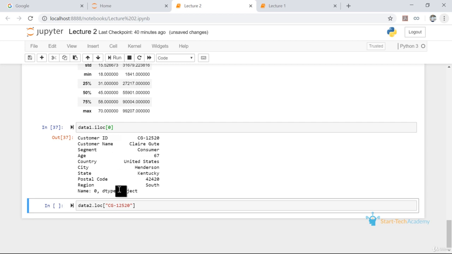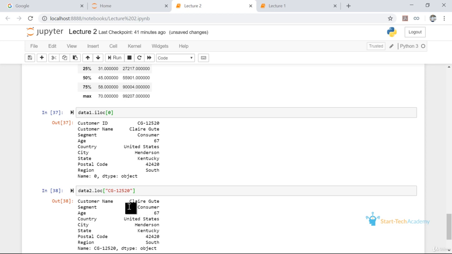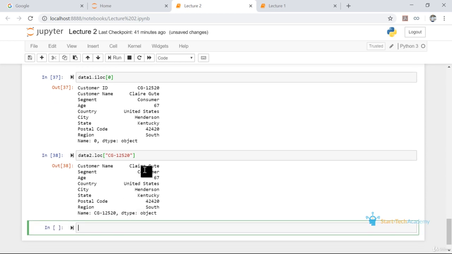So now we can use the loc keyword to get the data of this customer ID. If we run this, you can see we are getting all the details of our customer except the customer ID, since this is the index column.